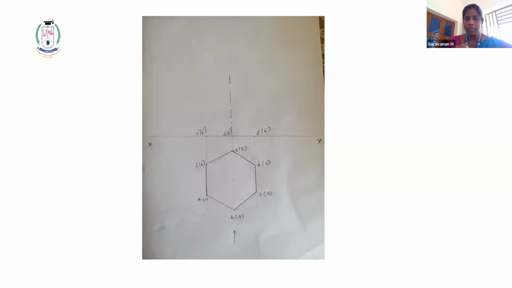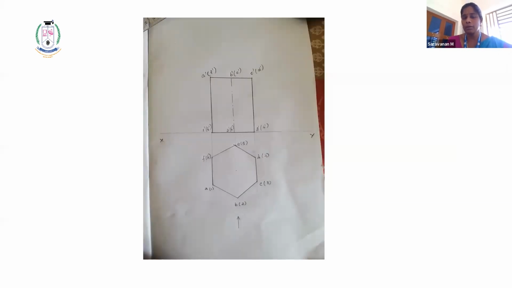First note the name, then draw the axis for the given height of the prism, 60 mm. First project the axis, then connect all the corners. Now give the names for the top face. See the arrow mark. From here, the visible corners are A, B, C. So first give the names A dash, B dash, C dash, and in brackets F dash, E dash, D dash. That's what is mentioned here.